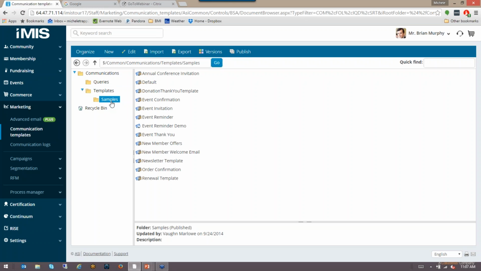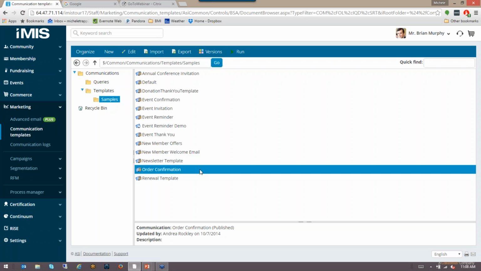Like I was explaining earlier, there are some out-of-the-box ones that they give to you to get you started along the process of making them your own. For our purposes today, we are going to take a look at the order confirmation. Now you'll notice as you look at the icons on here that they have the little locks on top of the envelope, and that's just because I can't make changes to these particular templates, because that's what they really are,